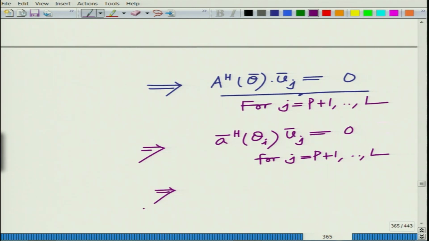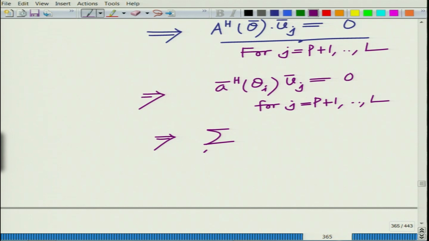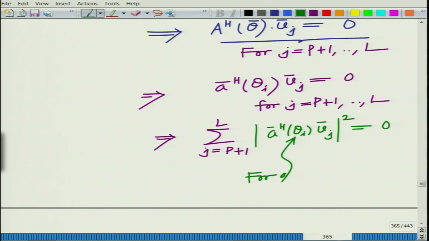This implies that if you take the summation j equal to p plus 1 to L, magnitude A bar Hermitian theta I u bar j whole square, this will be equal to 0 for any theta I which is equal to DOA of, for DOA. So, the interesting point here is that if you take any theta I, which is the direction of